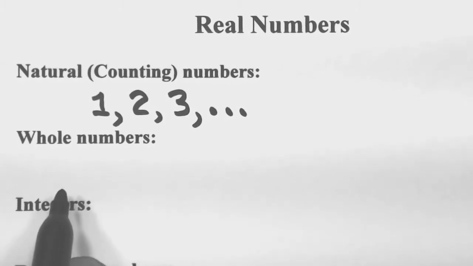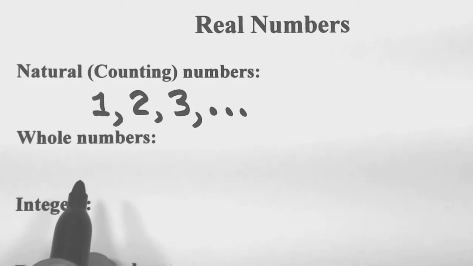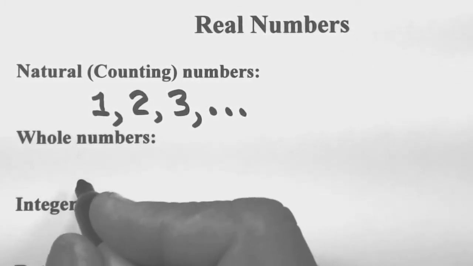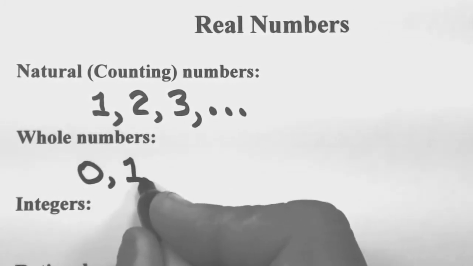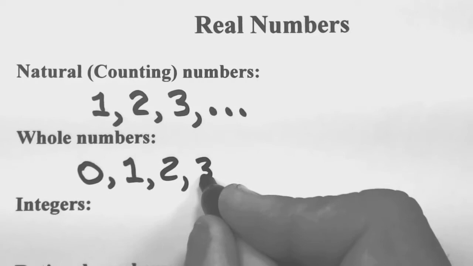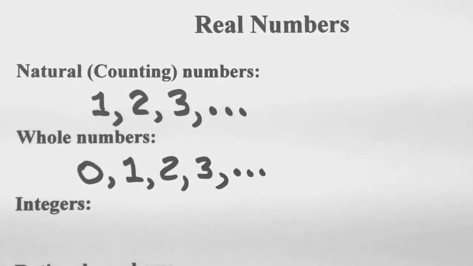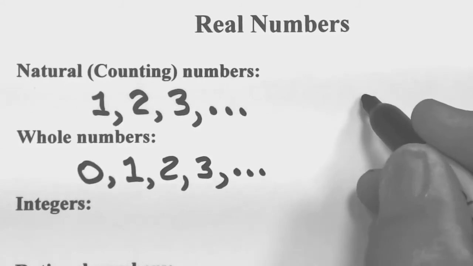Now, the next thing up are what are known as the whole numbers. And the whole numbers are just like the natural numbers, except with the addition of 0. So the whole numbers would start 0, 1, 2, 3, and then of course go on as high as you needed to. Now, 0 was a very important invention because remember, we have decimal numbers, and if we want to